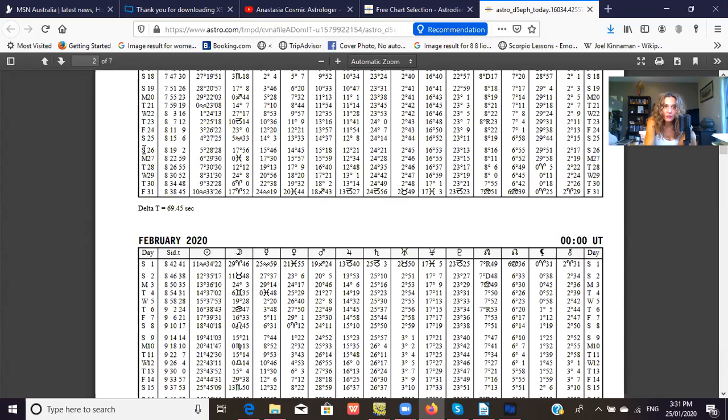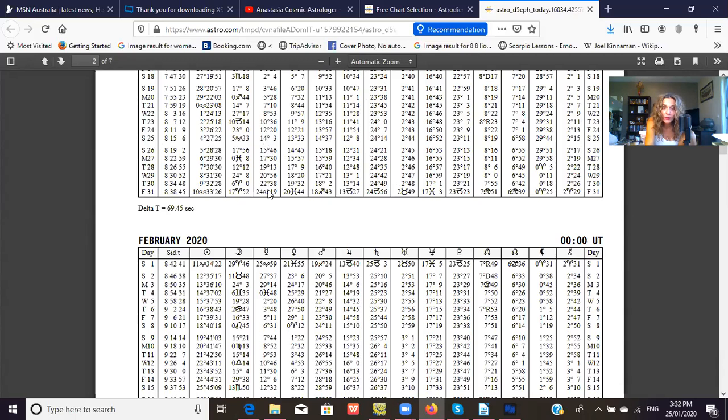Mercury, okay, 25th of January. Mercury is at 14 degrees of what sign? You can't see a sign there, can you? So what you need to do here is, if I just continue looking down, right, and I go to Friday the 31st of January, where is Mercury? It's at 24 degrees of Aquarius. So that's telling me that these lines above, if I go back to 25th of January, Mercury is still in Aquarius,